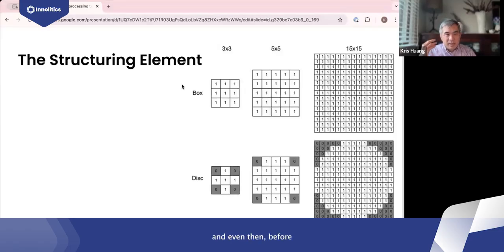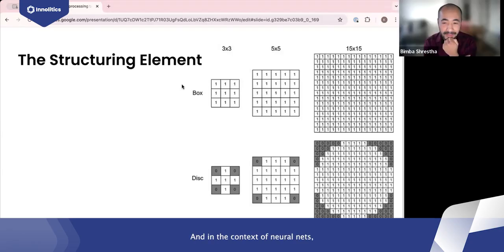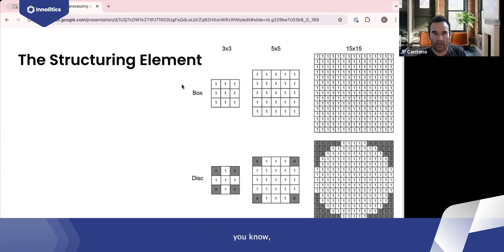And even then, before it gets to the conscious part of your brain. And so to me, at least, that suggests the more you can clean it up before it gets to the important processing, the important inference step, the better off you'll probably be. And in the context of neural nets, like with the normalization layer that you usually encounter,